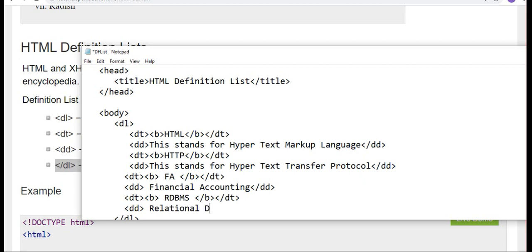Relational database management systems. RDBMS.